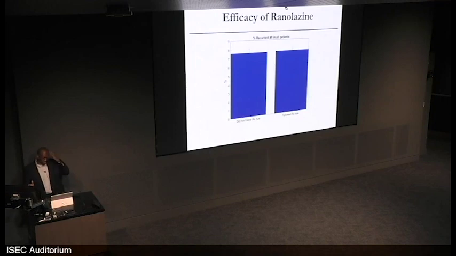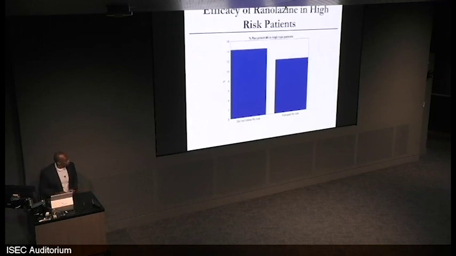Shouldn't be a surprise, right? Because when the study randomized, it did not find a difference in the death rate between those who received ranolazine and those who didn't. But the interesting thing is, if you use your artificial neural network to identify high-risk patients, and then you ask, can I get a treatment strategy for high-risk patients that makes a difference? If you look at those patients in an independent holdout set who follow the treatment strategy, their death rate is about 12, and the death rate a year after presenting with acute coronary syndrome is about 14.